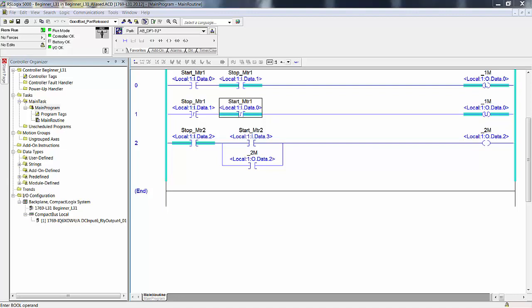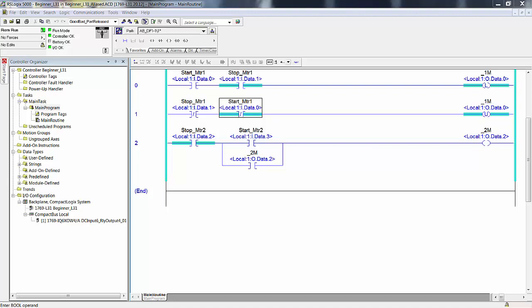We will do both this time only, and in the future you will remember the procedure and you could decide for yourself how you want to use your limited I/O, your limited module-defined data types. Be sure to save your existing project as previously named, and then save the new one as beginner L, whatever your processor number is,